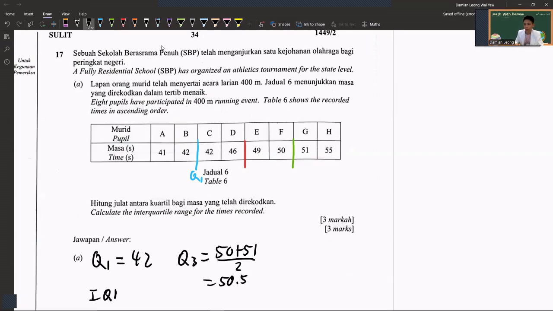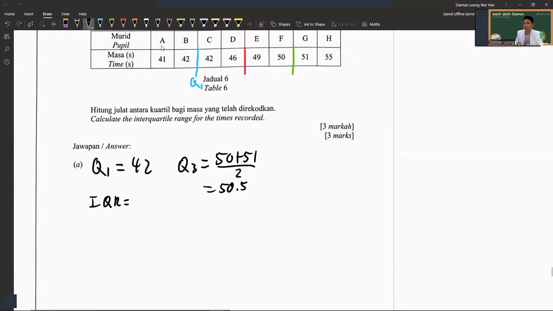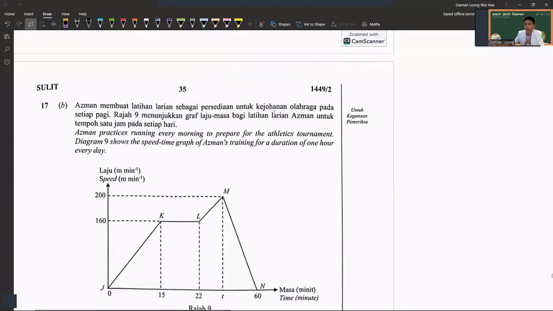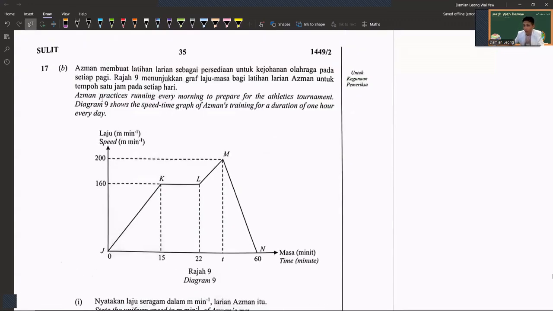Then interquartile range, we just minus 50.5 minus 42, which is 8.5. Okay, 8.5. That is the interquartile range, just like that. Very simple. Then part B, here we have speed against time graph for Asman's training for duration of 1 hour